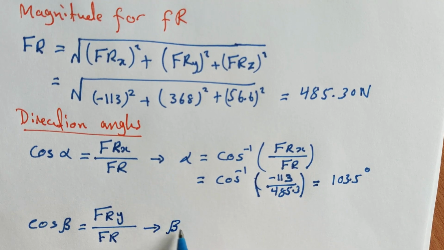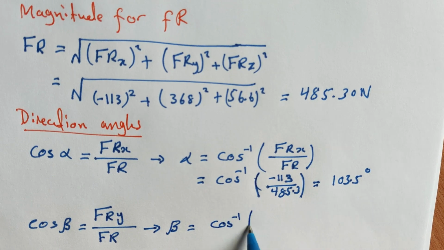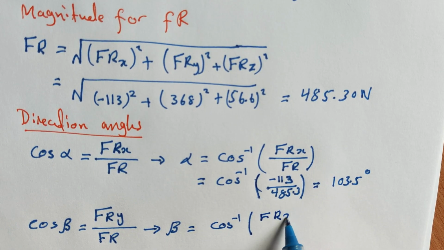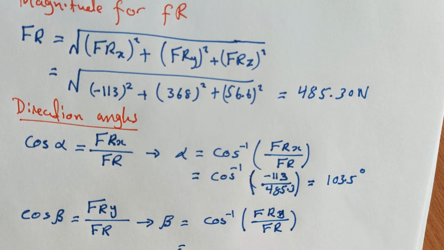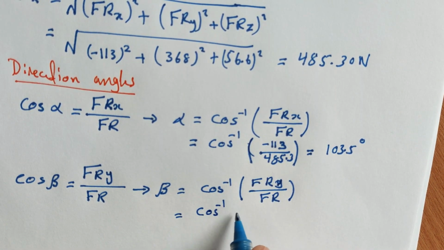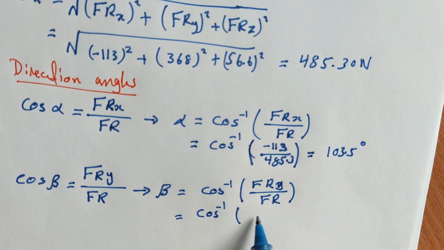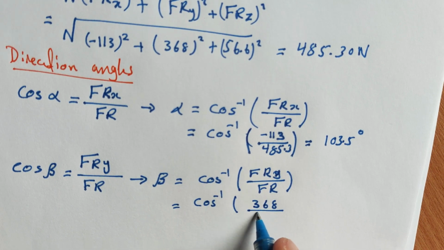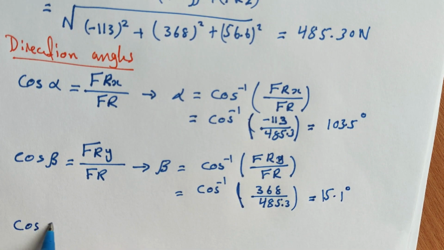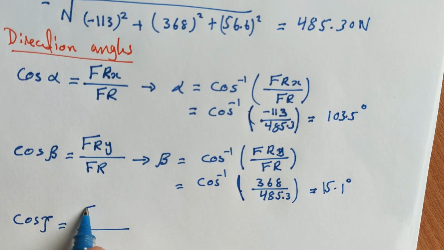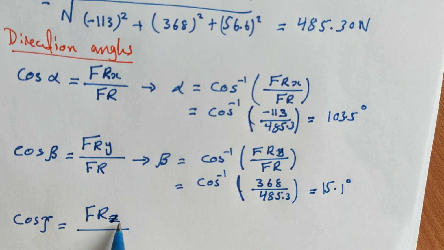From here we can solve for beta equal to the inverse of cosine of FR y divided by FR, and in this case it will equal the inverse of cosine of FR on the y direction, 368, divided by 485.3, and this will result in 15.1 degrees. Finally, cos gamma